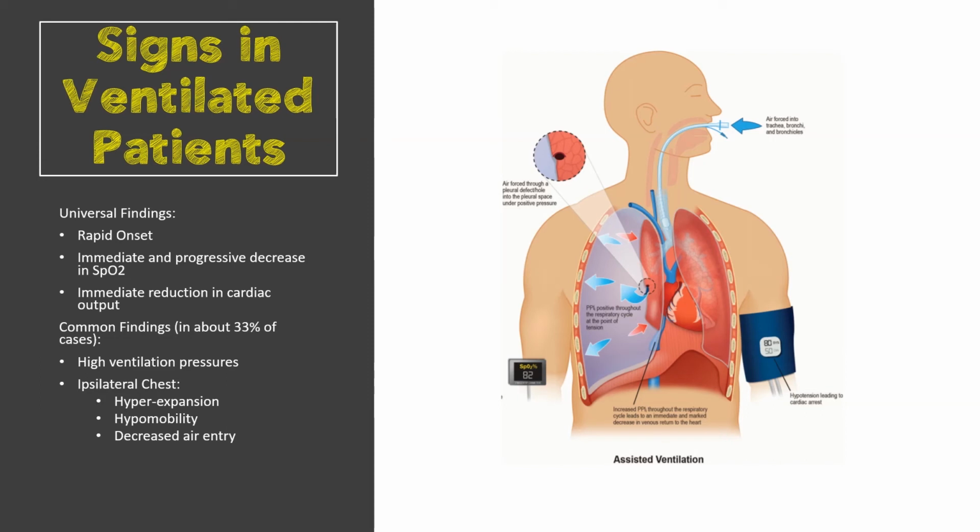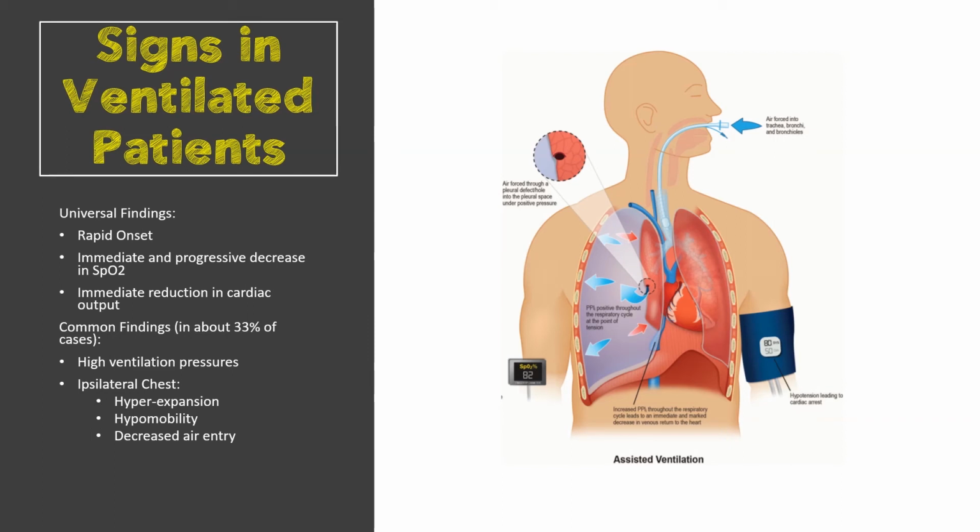You will see in ventilated patients, the universal findings are rapid onset, an immediate and progressive decrease in SpO2, and immediate reduction in cardiac output. And in these patients that are being ventilated, we can typically infer that if their blood pressure is low and they are hypoxic, that their blood pressure and hypoxia is likely low because of a pneumothorax if we have other